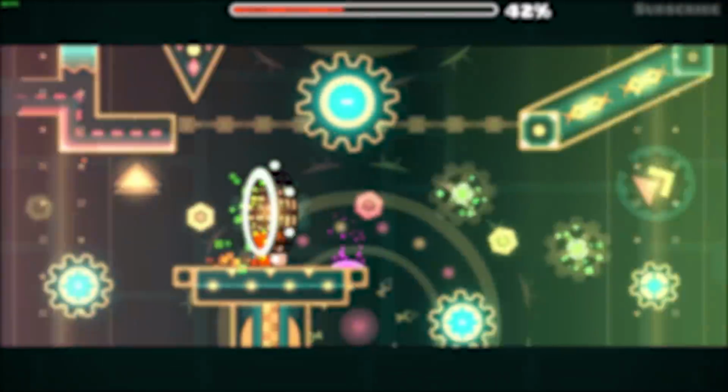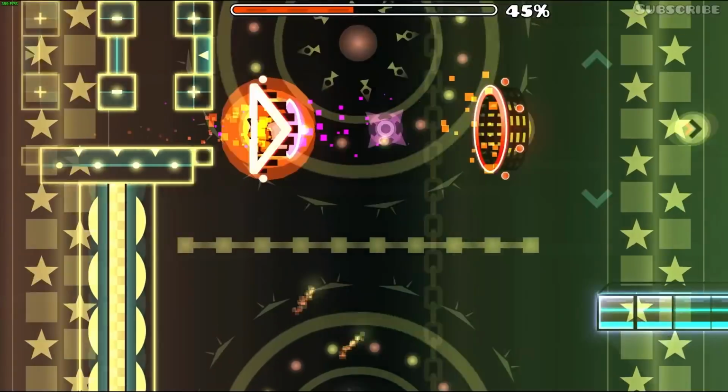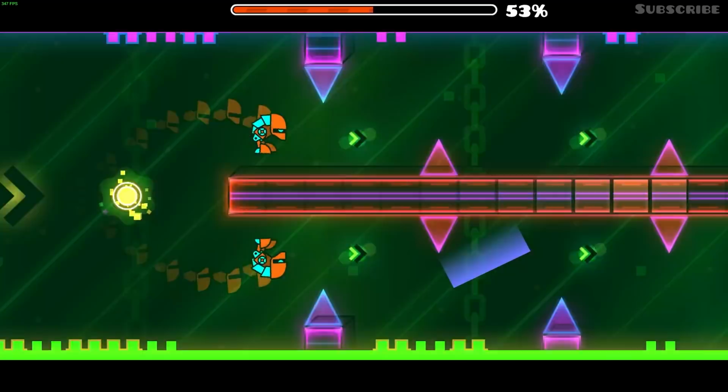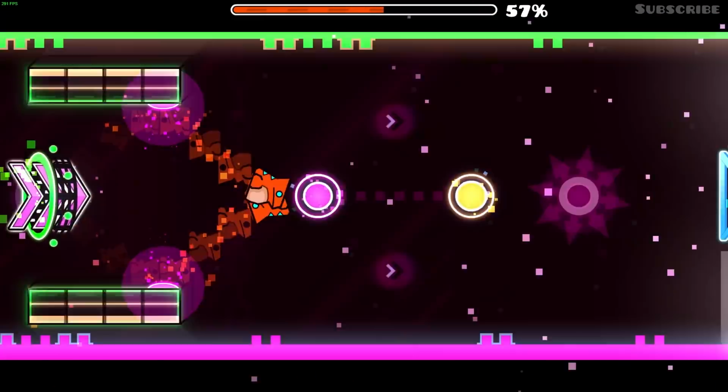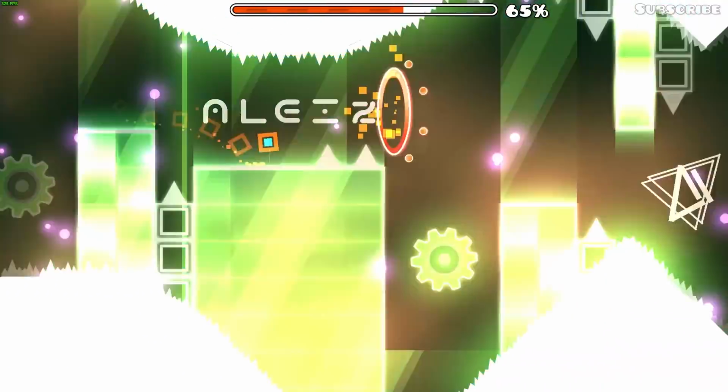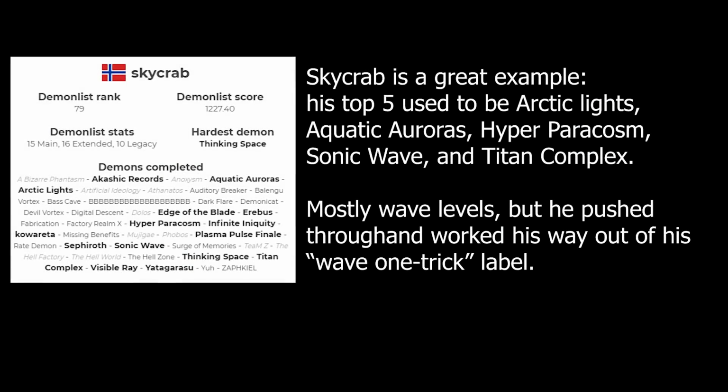While you still beat difficult levels, which you should definitely be proud of, they're really, really difficult things to complete, you are trapping yourself within a bubble, making your skill set wildly uneven. And the thing that happens with this is that you become what we in the top layer community call a wave 1 trick, and often those people's demon list profiles, the wave 1 tricks, look something along the lines of